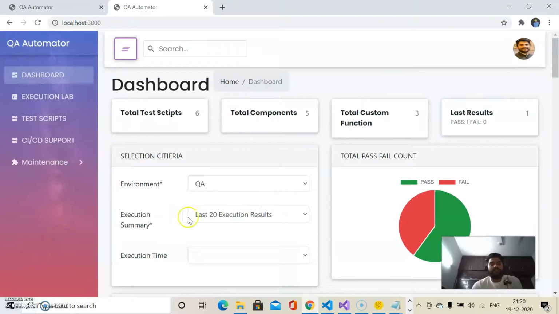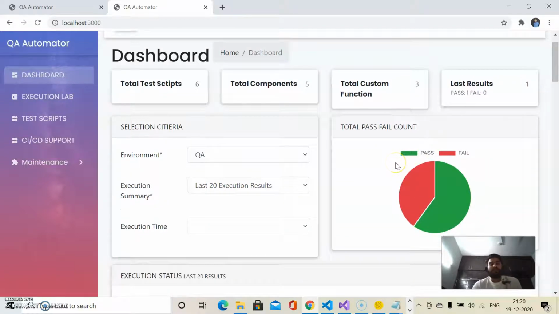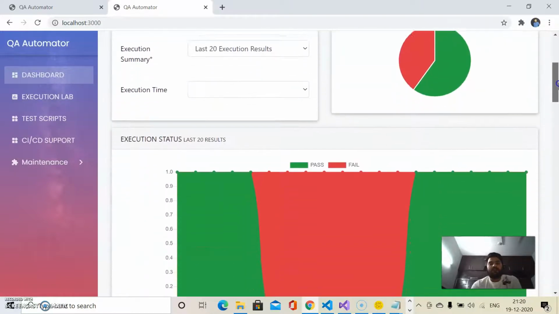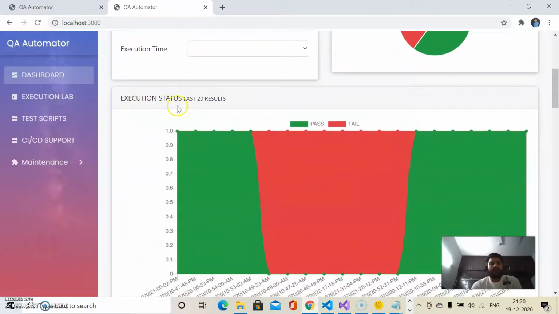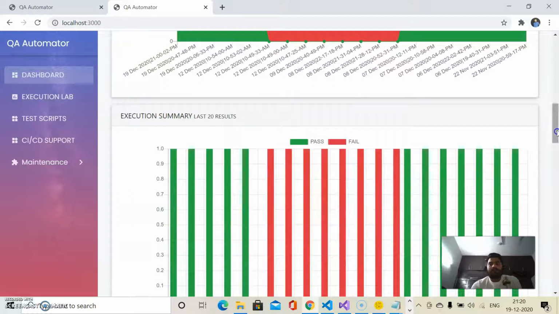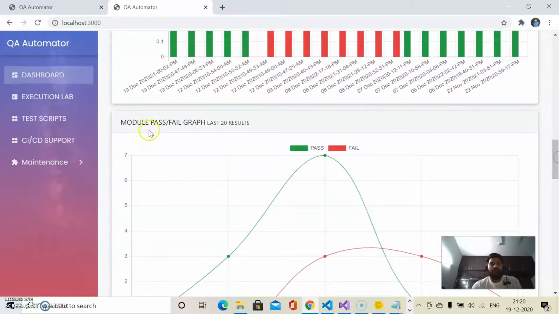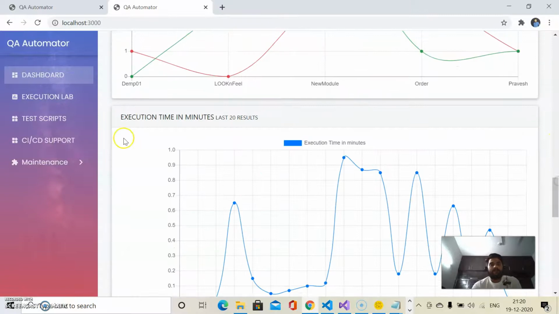Now as you can see, the last 20 execution reports show how many test scripts passed or failed. On the other side, for the last 20 results, there is the execution summary, your module pass/fail in the last 20 results, and execution time in minutes in the last 20 results.